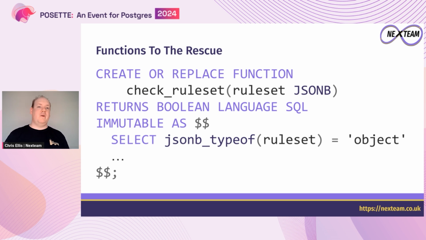Now, the only thing we have to pay a bit of attention to here is that we're going to mark this function as immutable. This is because it's always going to return the same result for the same input. And that's a key property that we need for it to be callable from the check constraint. So all we need to do is create this function and apply our statement that's going to do our validation, right? So we're going to check that the document's an object. We're going to check our properties. We're then going to expand that array and check all the values there.